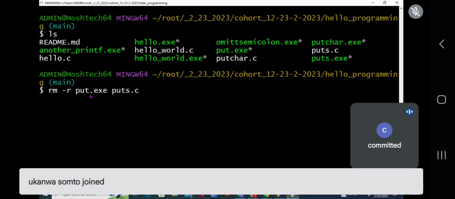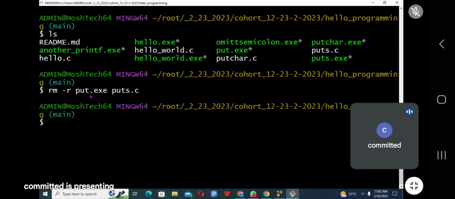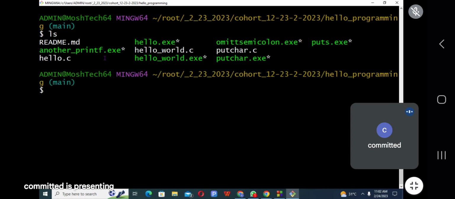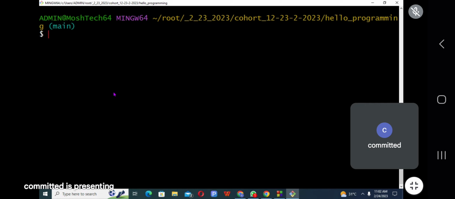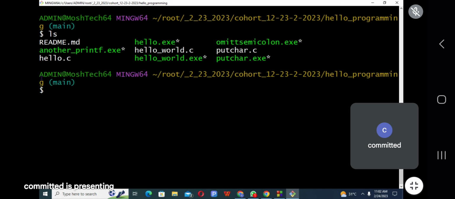I'm removing the two. I've done that. Oh, I'm still having this. So let me delete this. So I'm not having it there again.